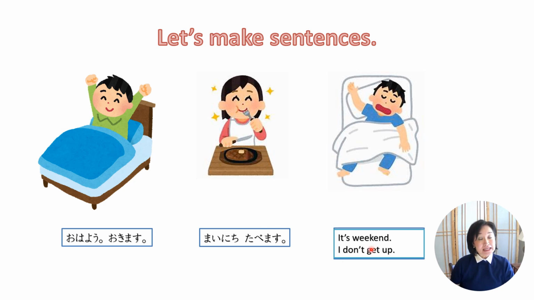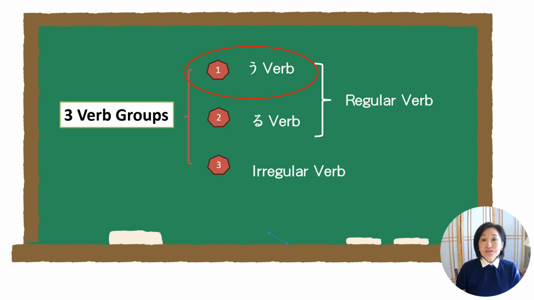The word for weekend is 週末. So please say it's weekend. I don't get up. 週末です。起きません。はい、いいですね。